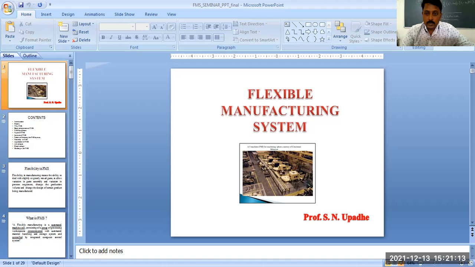And there is a computer control system. This is a real-time control system because you require real-time work to be carried out. So this controls different activities on the shop floor of the flexible manufacturing system. So this is how you can explain the FMS system in the exam if it is asked.